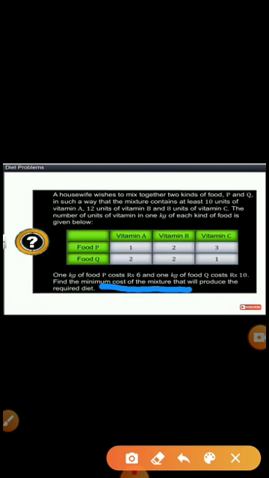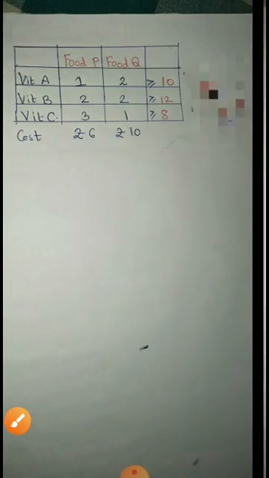So what is my objective function? Objective function is my cost. So I'll be writing it as cost. Minimum cost for food P is rupees 6, and for Q it is 10. Clear? Till this, is it clear? If you are able to draw this, then everything of this problem is solved. That means you will surely get 4 marks, because this is the main thing. Then the rest is to draw the graph and all.